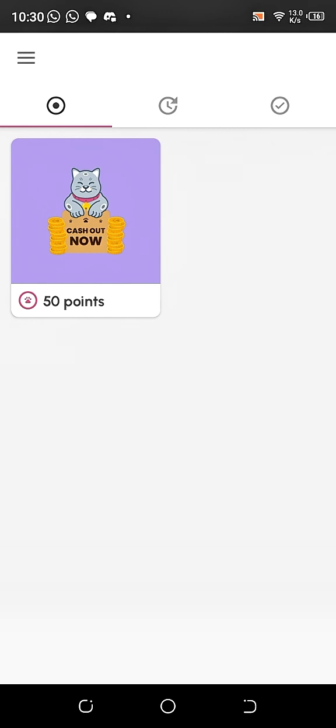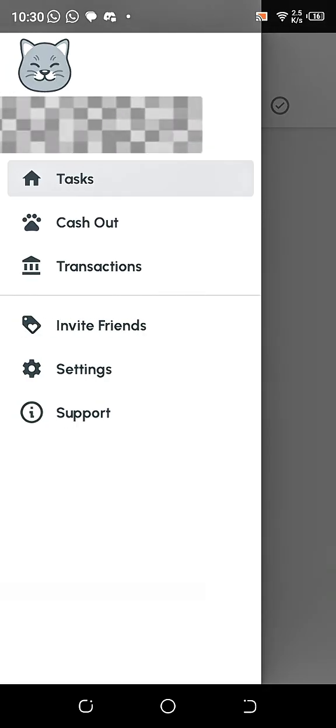Very good. All right, so in this aspect now, you can see this is the interface of where you'll be seeing your surveys. Each time you enter, this is the interface where you'll be seeing your survey. If you click on these 3 lines at this corner edge here, you'll be able to see your cash outs, transactions, invite friend. That invite friend is not necessary because it doesn't work except they are on festive or maybe they are having a special offer season. But then if you check on these settings,